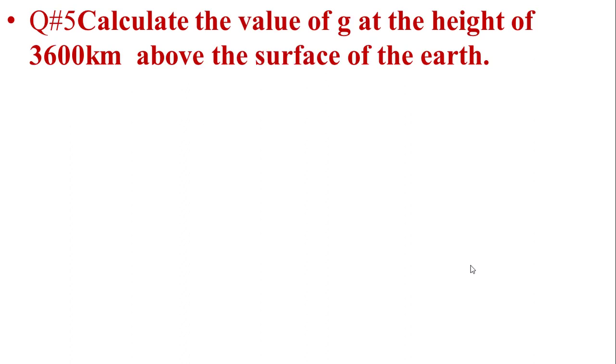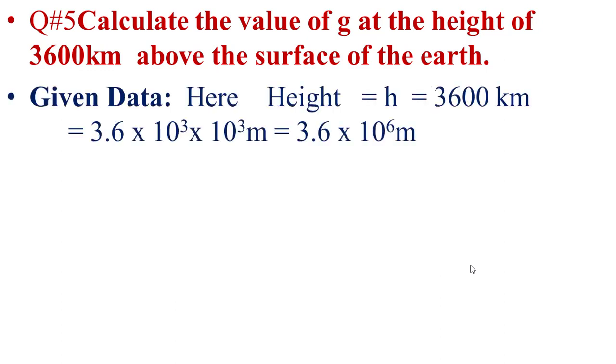Question number 5. Calculate the value of g at the height of 3600 km above the surface of Earth. Here, the given data is height. Height is equal to 3600 km. Now we will calculate the value of g. First of all, write the given data. Here, height h is equal to